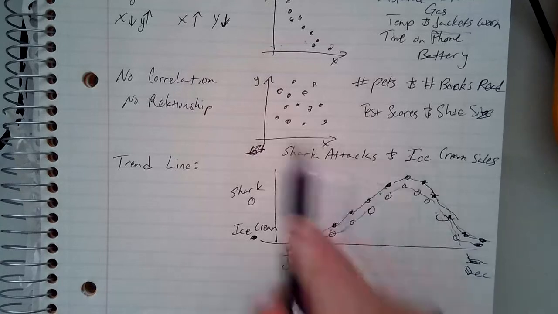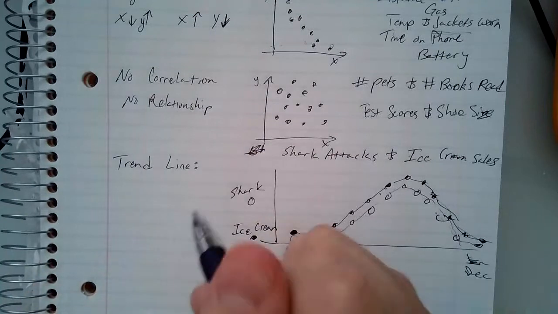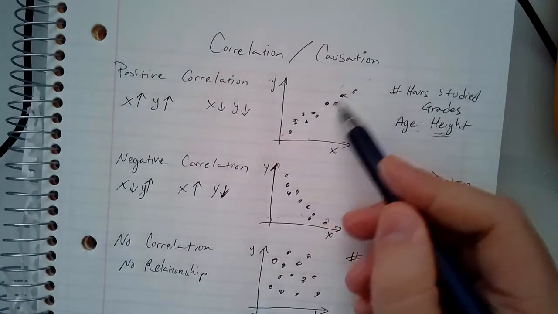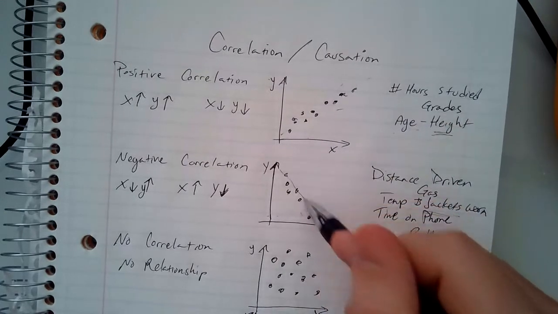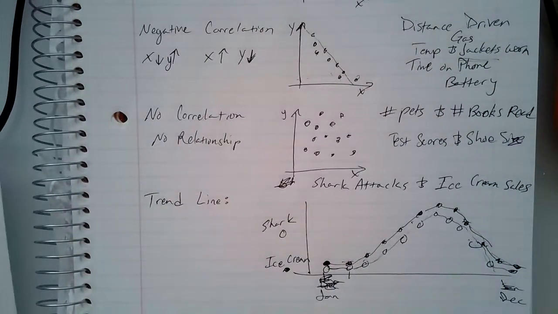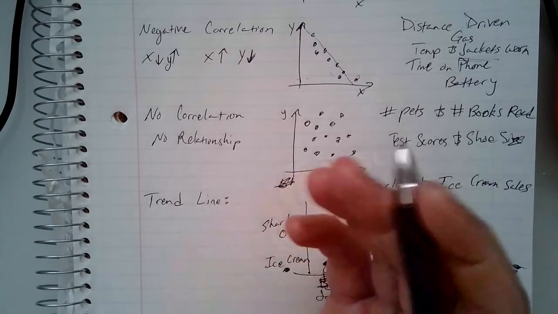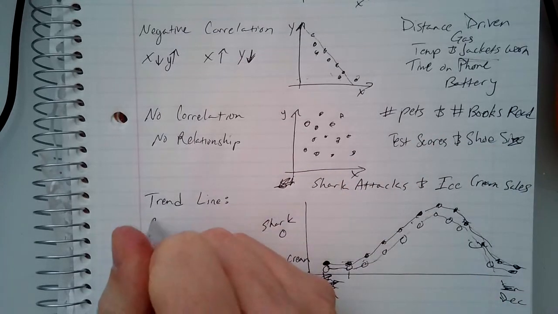So just because something is correlated doesn't necessarily mean something is caused, right? Just because one action happens doesn't mean the other action has to happen. So this general sense of a positive increase, this positive slope here, or this negative slope here, these are called trend lines. The trend line's actual definition is a line that's drawn near the points of a positive or negative correlation, right? So it's just kind of a general